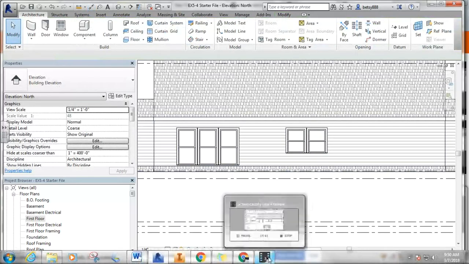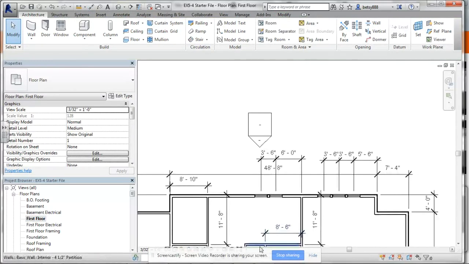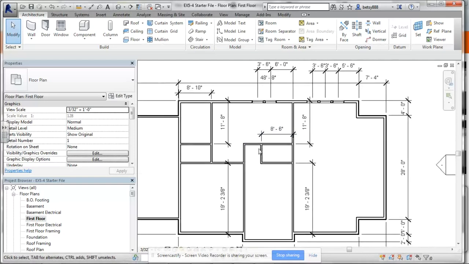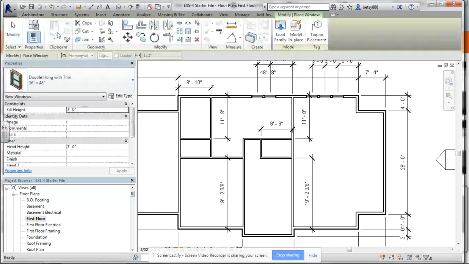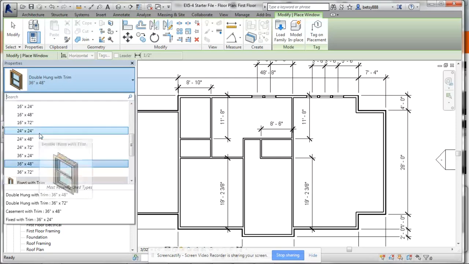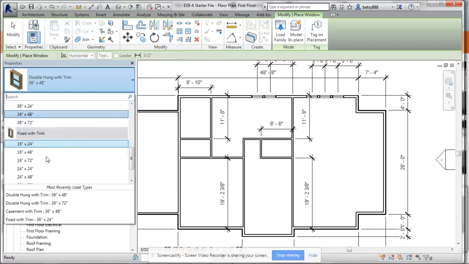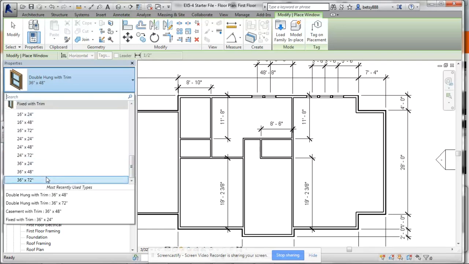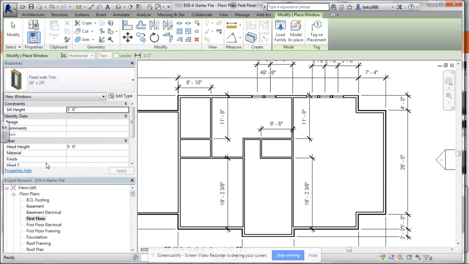All right. Now, the last thing you need to do is create a new window type. So go back to your first floor plan, and you're going to create a fixed window. Now, a fixed window simply means it's a window that does not open. It does not mean it's fixed in place, but it's fixed and doesn't open. So what it wants you to do is click on the 36 by 24, which if you look, it's just